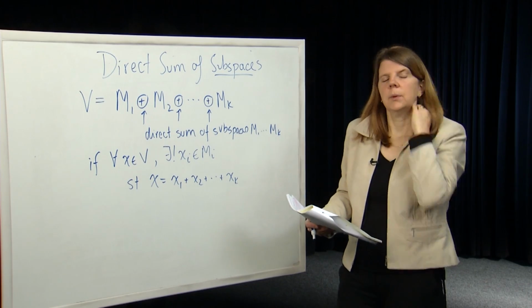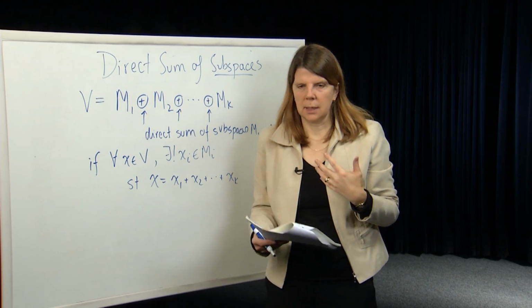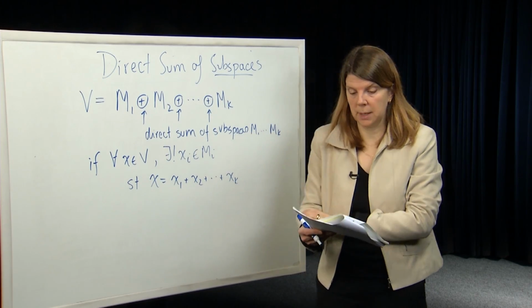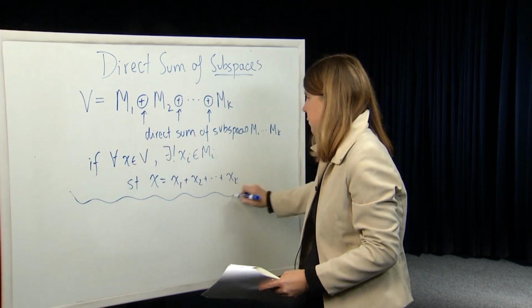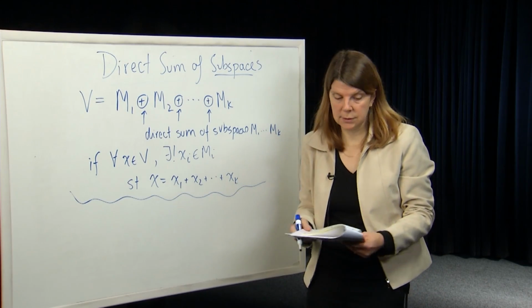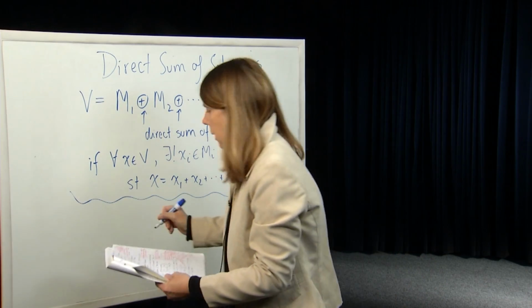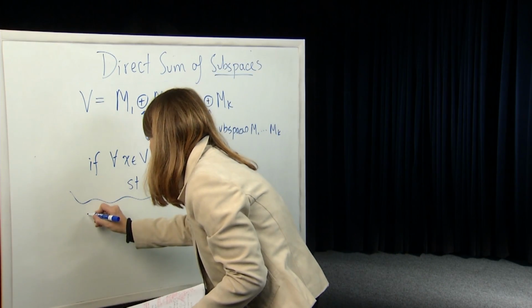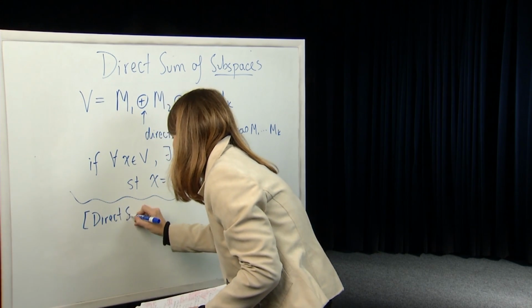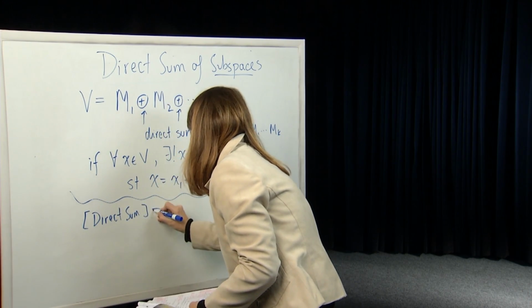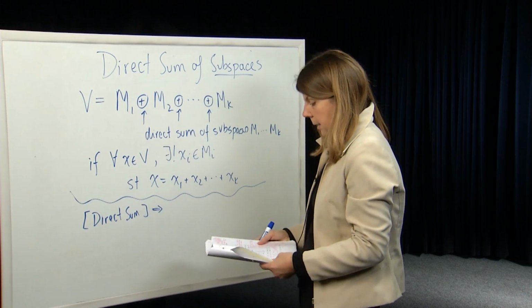We can think about the direct sum as kind of a generalization of linear independence. So if V is the direct sum of these subspaces, then, let's write it this way, direct sum in the sense that we've just defined implies that